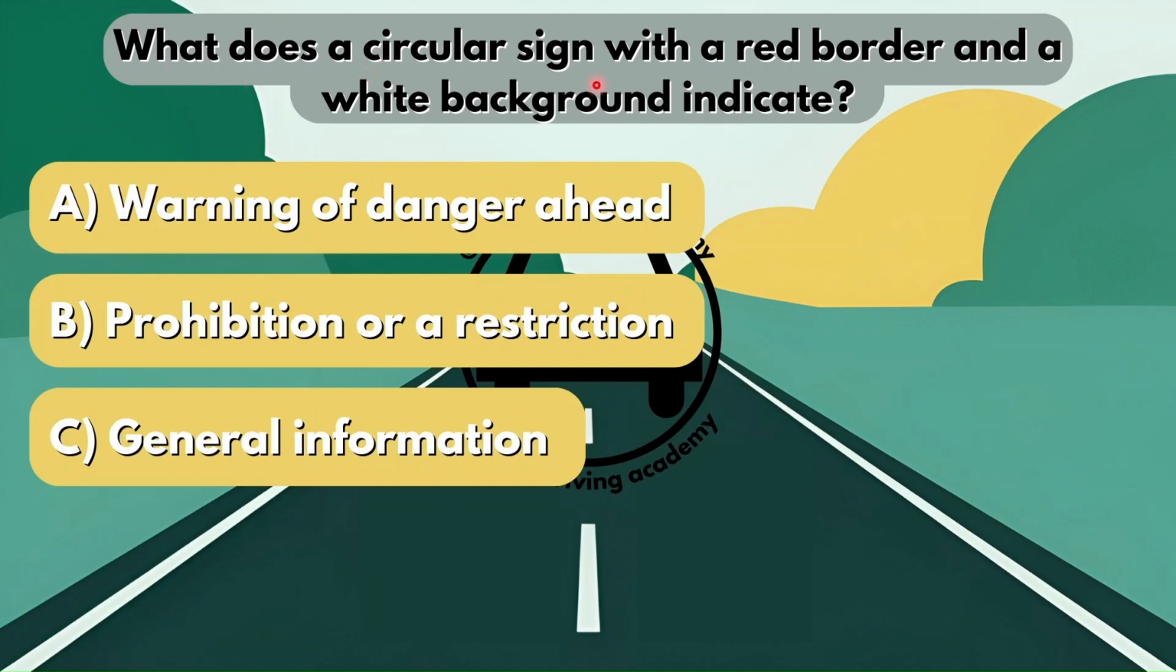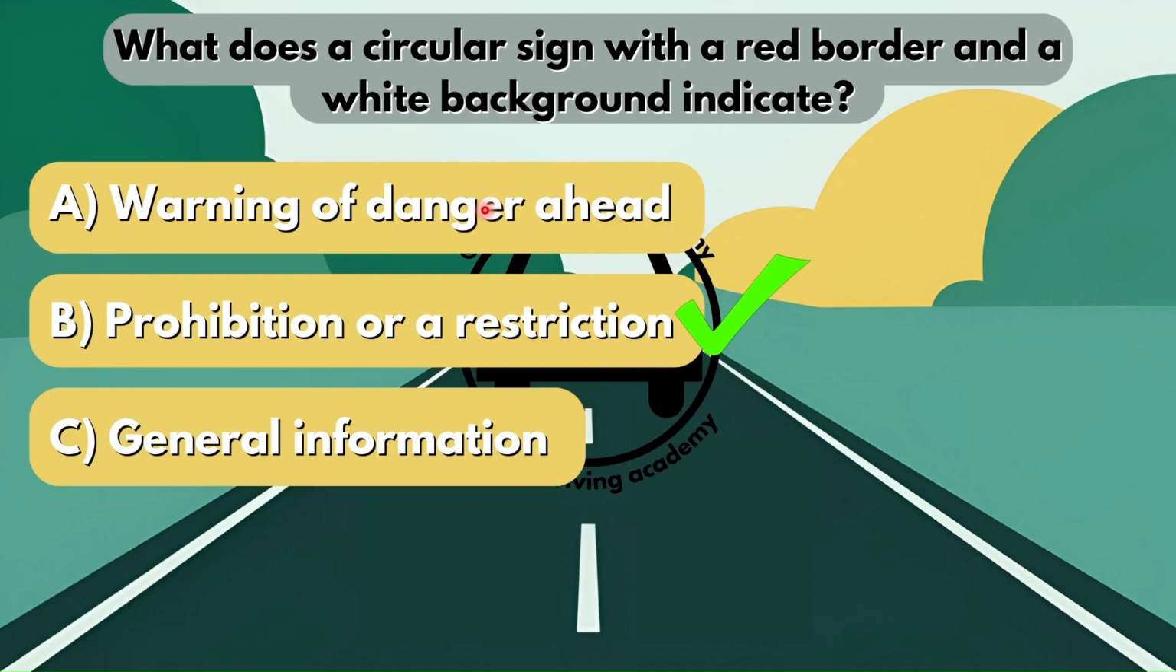What does a circular sign with a red border and a white background indicate? Now, that's why I say it's very important for you to first look at the shape of the sign, then look at the colors, right? So what does this type of sign indicate? Is it option A, a warning of danger ahead? Is it option B, a prohibition or a restriction? Or is it option C, just general information? Correct answer here would be prohibition or restriction. Remember, if they are warning you of something, it will be a triangular shaped sign with a red border and